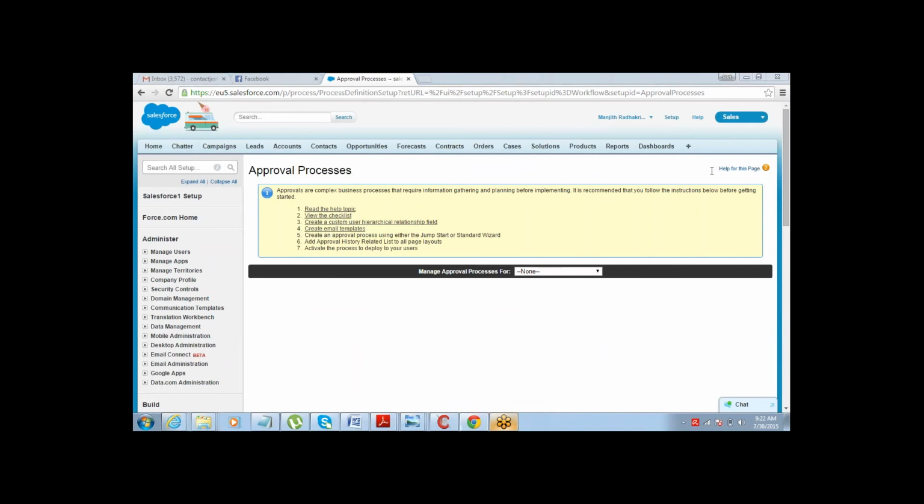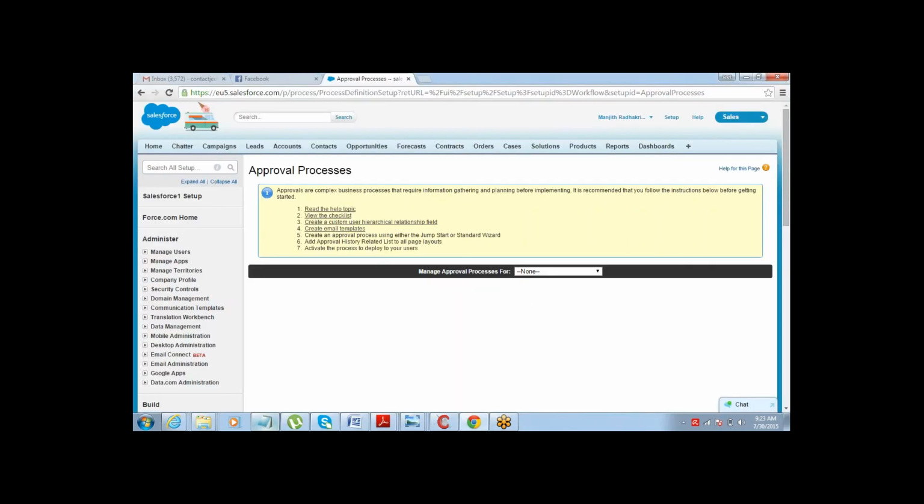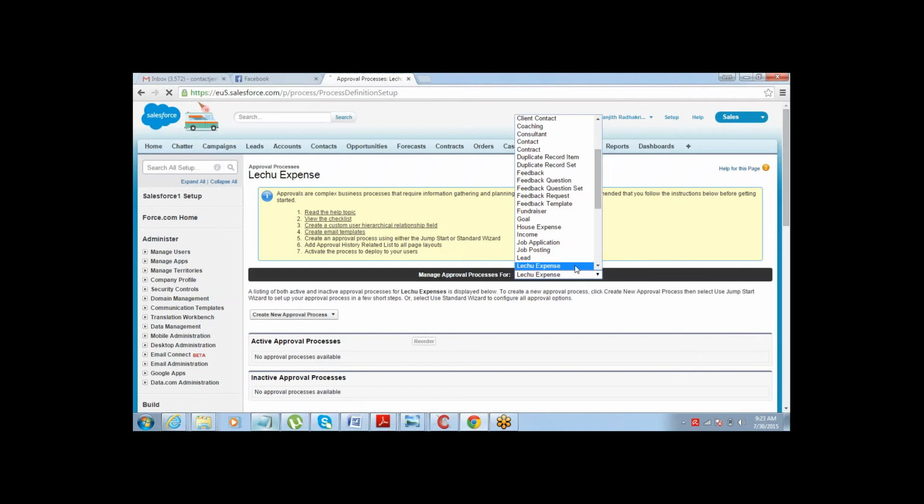Now you can actually start creating your approval process depending on what you defined here. Object is opportunity, criteria is amount greater than 50,000, approver. So everything is pretty much planned here. So now it's easy for us. Just go ahead and choose which object? Opportunity, right? So where is opportunity?